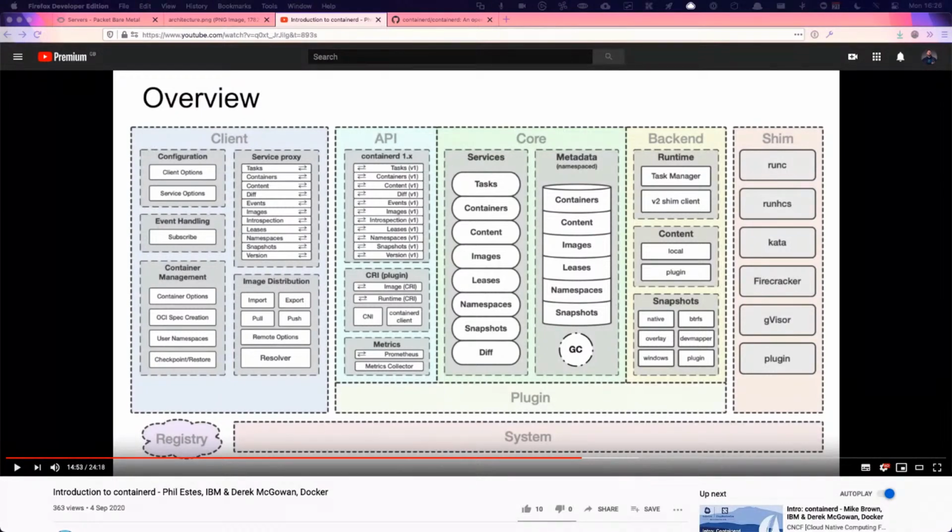And so it looks duplicated, but that helps you see that on my client side, when I say CTR run, that task service will talk to the task API and then use the actual implementation on the server side.